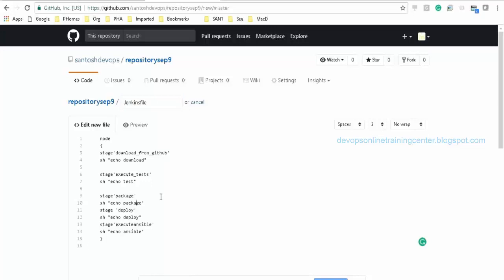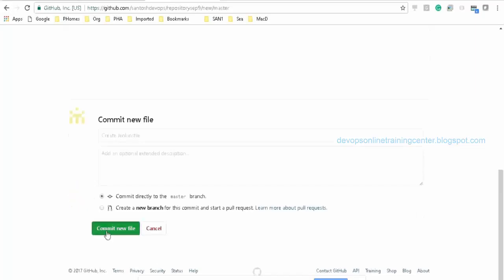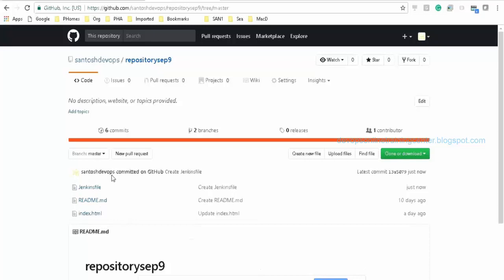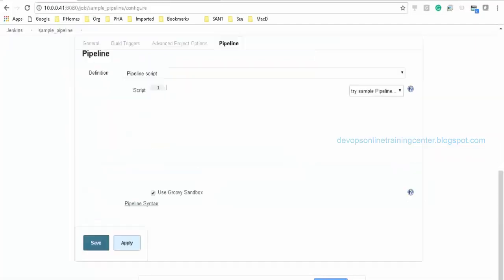code. This is a dummy code. It does not do anything. It simply prints the messages. Then I save it. Okay, so there is a Jenkins file in this repository. Now, if I execute it,